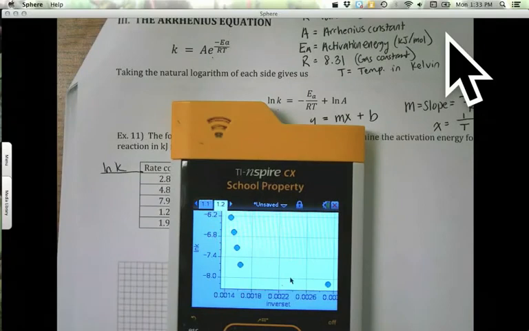Okay, I'm not quite sure why it's turning out this way, but what we'll do with this is we'll go